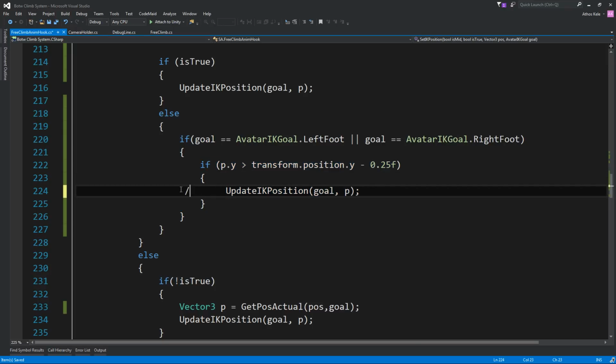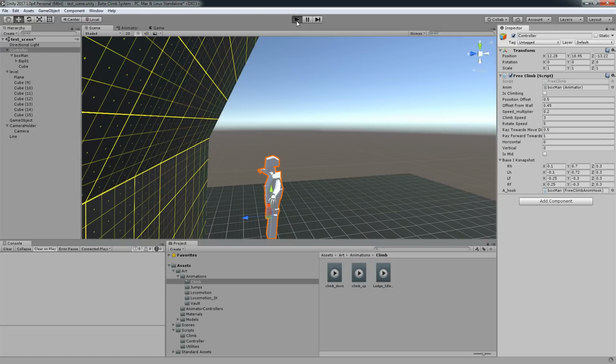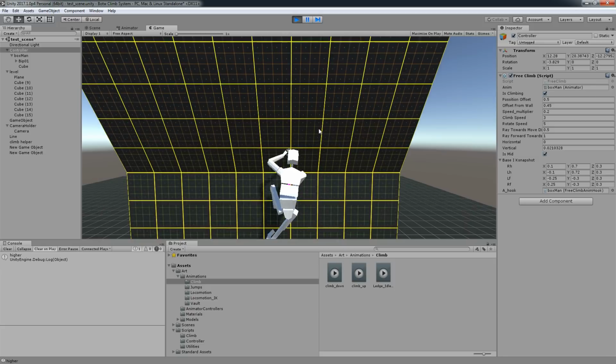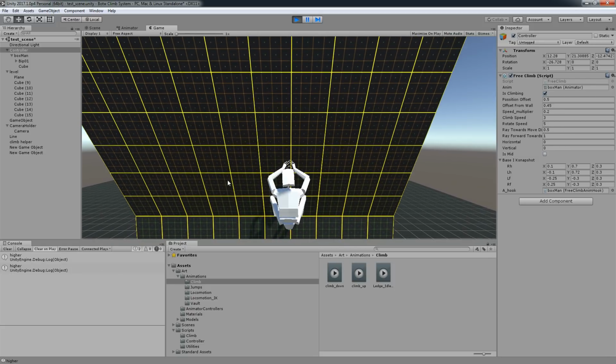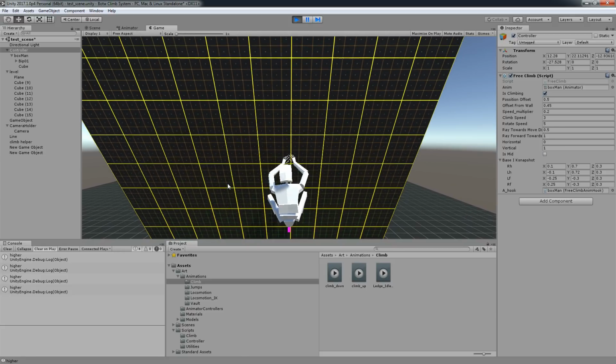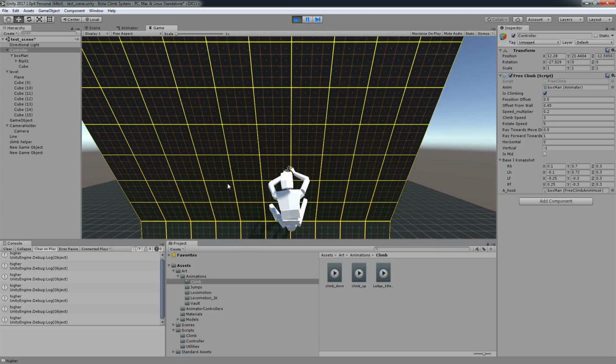So let's maybe ignore this and say debug.log hi. Okay, yeah, when we're going up, we're always going to be getting this, so we need to rethink the entire procedure for that. But anyway, at least it's working.